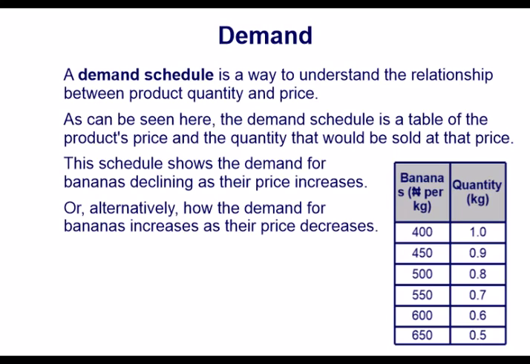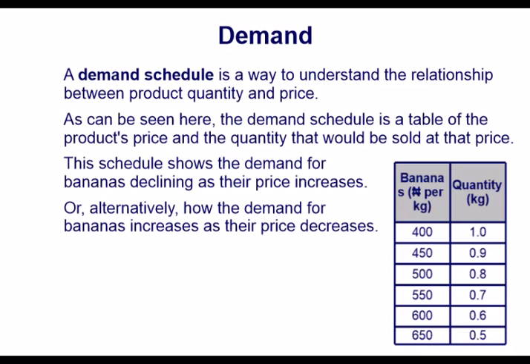Demand. A demand schedule is a way to understand the relationship between product quantity and price. As can be seen here, the demand schedule is a table of the product's price and the quantity that would be sold at that price. This schedule shows the demand for bananas declining as their price increases, or, alternatively, how the demand for bananas increases